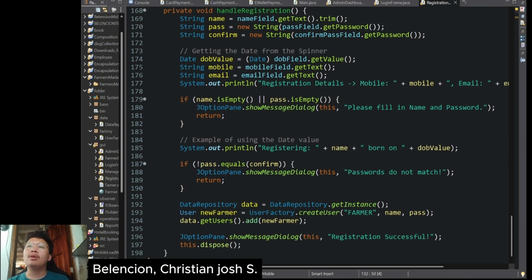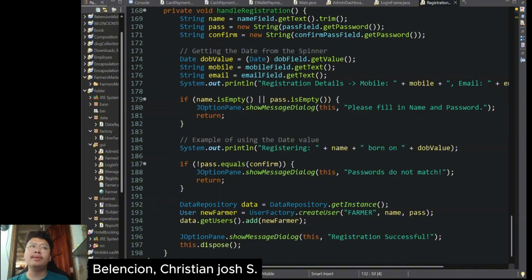Overall, my part focuses on user account processing. The registration frame is used for signing up or creating an account, while the login frame is used for logging in and verifying the user account before entering the system.